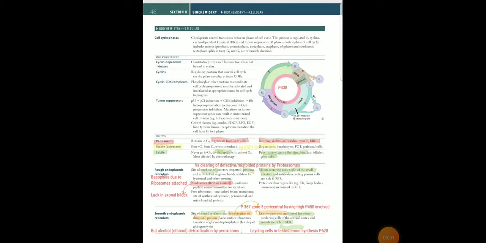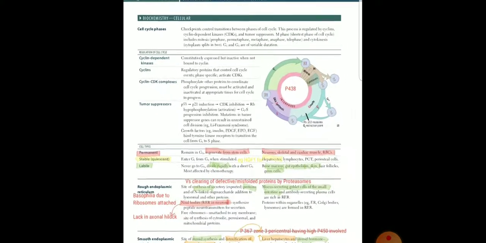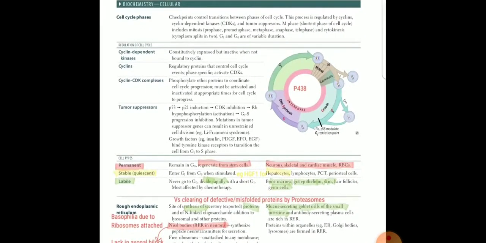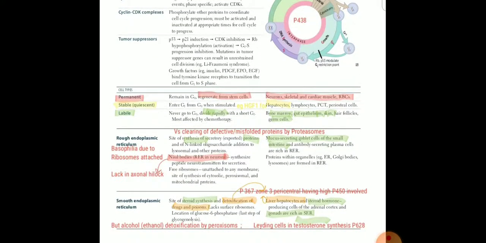Bismillahirrahmanirrahim. Coming on to the cellular components biochemistry chapter, page 46, we'll cover most important MCQs from this page. I have left the cell cycle on page 438 to be explained on that page because more MCQs are coming from that page and the same cycle is written there. We'll briefly cover the important MCQs.